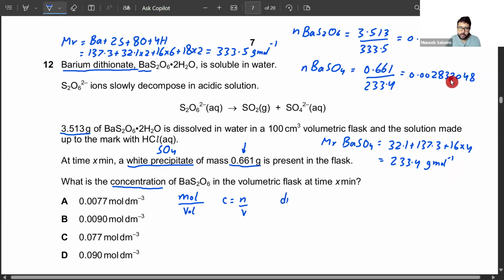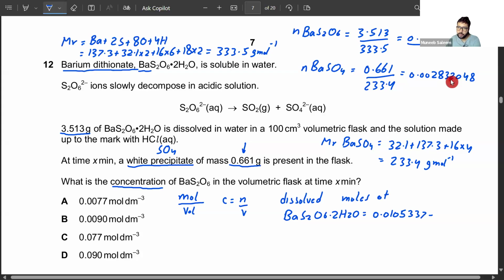So dissolved moles of barium compound, that is barium dithionate, BaS2O6·2H2O, will be equivalent to the value from here, 0.0105337